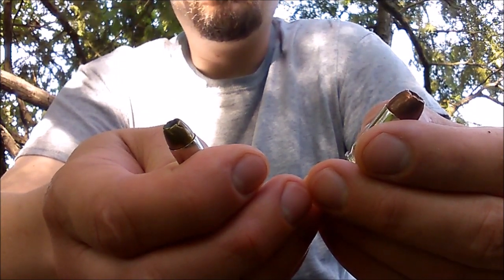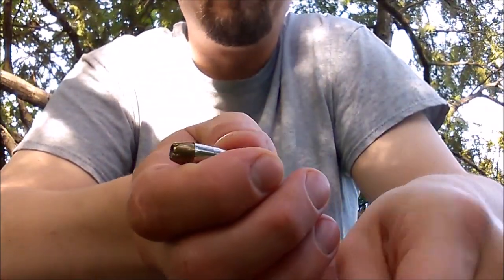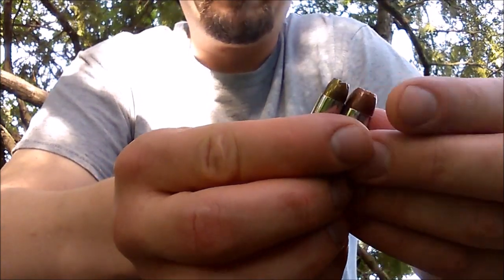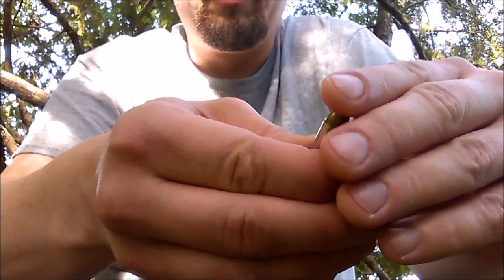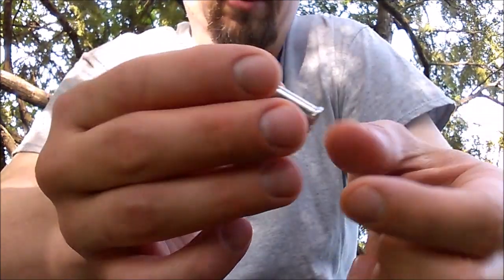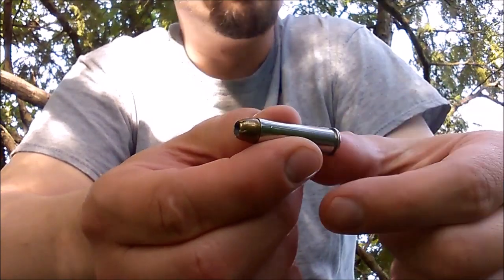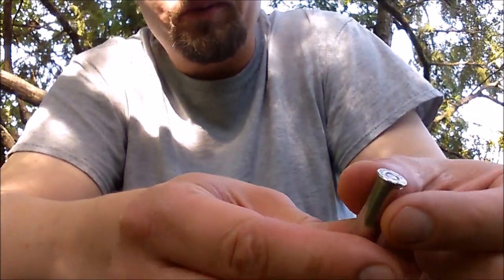Basically, I'm going to run down what I think about these two. And I'm going to give a pretty fair comparison, even though I have my own likings of one better than the other. What it comes down to is I love revolver cartridges. I think they're superior in every way. I think they're really cool. But